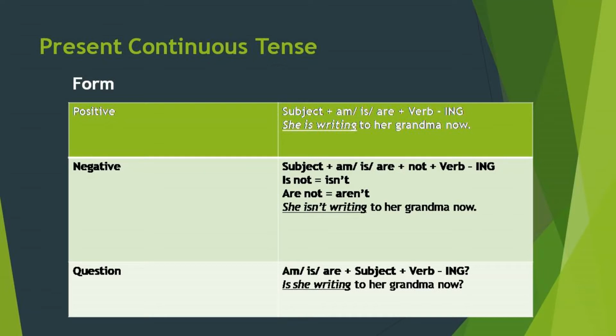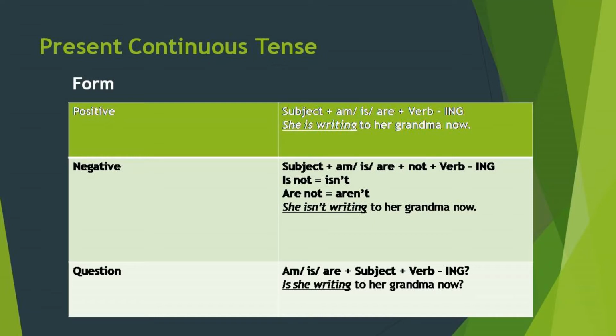then an auxiliary verb that we will put according to the subject, like am, is, are. If the subject is first person, we will use am. If the subject is third person singular number, we use is, and plural number are. In case of second person, we use are. The subject, then an auxiliary verb, am, is, are, then the main verb plus ing.